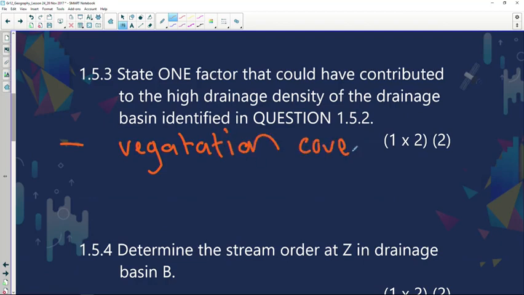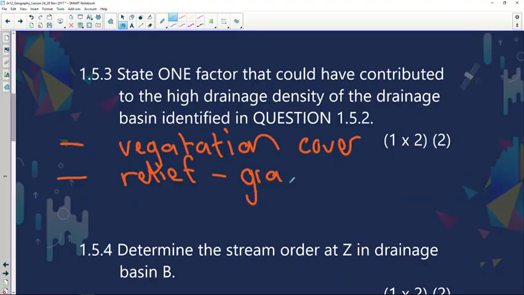and we can say the steepness of the gradient. Drainage basin A might be on a very steep gradient, so what happens? The water doesn't have time to infiltrate. If it was on a flat gradient, the water would be allowed to infiltrate, and there will be a low density. So I'm just going to write there relief and the gradient,